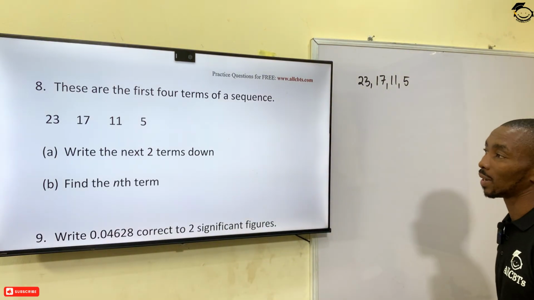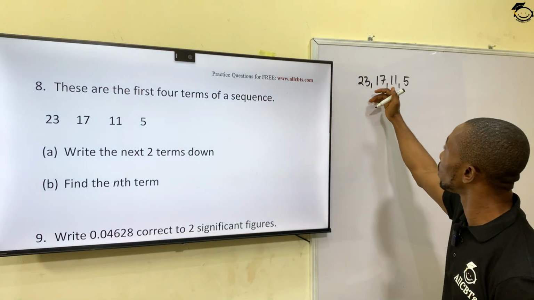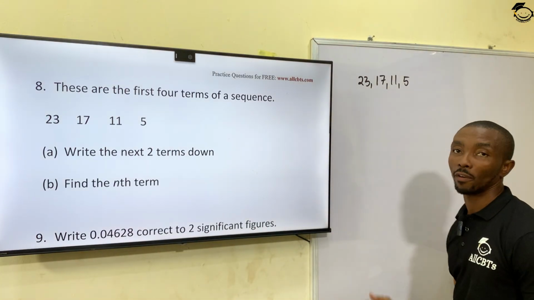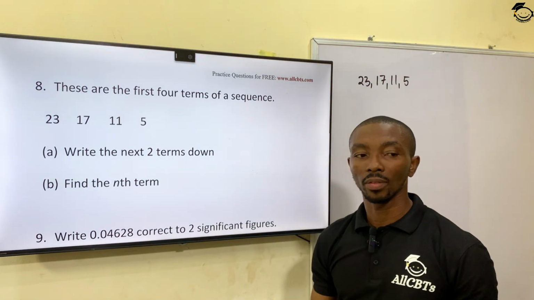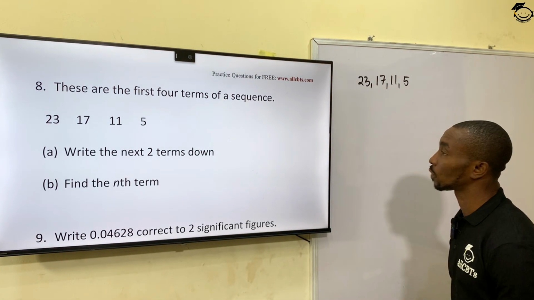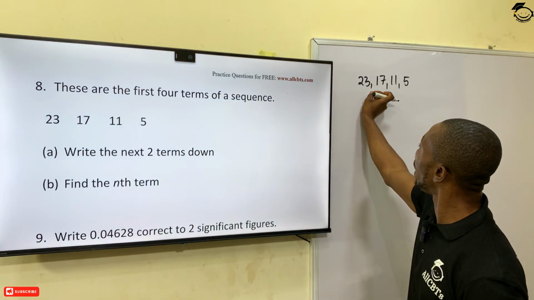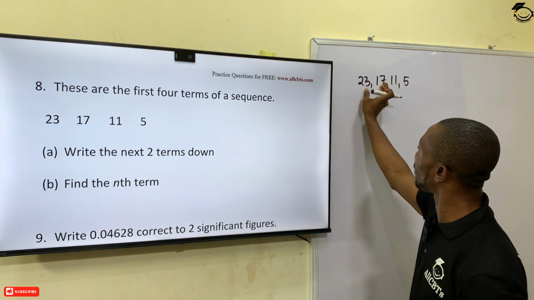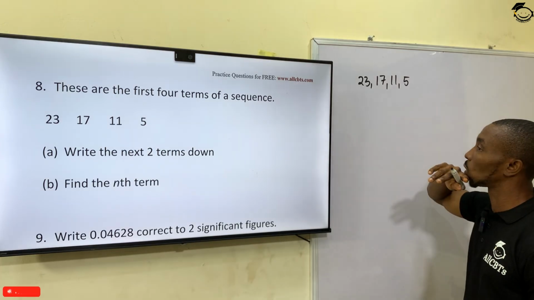Now, for us to find the next 2 terms, we need to understand what's the rule guiding the sequence. Now, for every sequence, there's a guiding rule behind that sequence. Now, for this sequence, for us to find the rule guiding the sequence, we are going to look at the difference between our first and second terms, third and second terms, and the fourth and third terms,